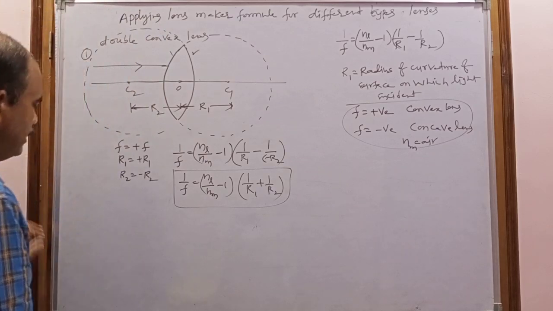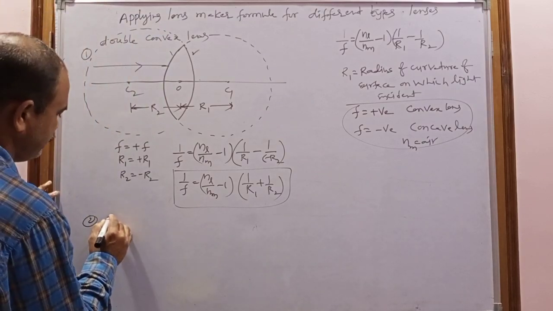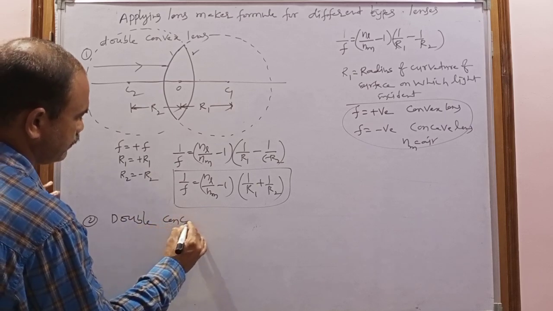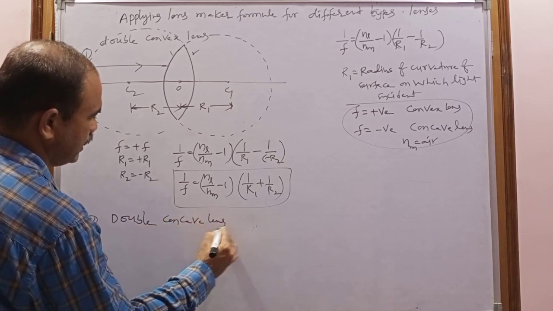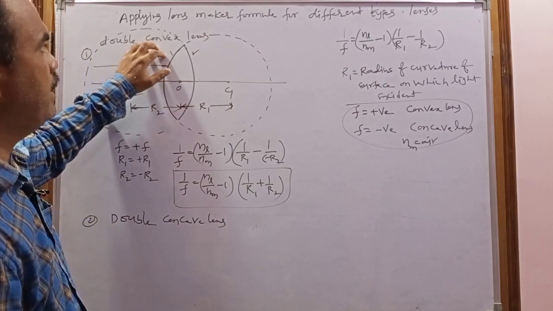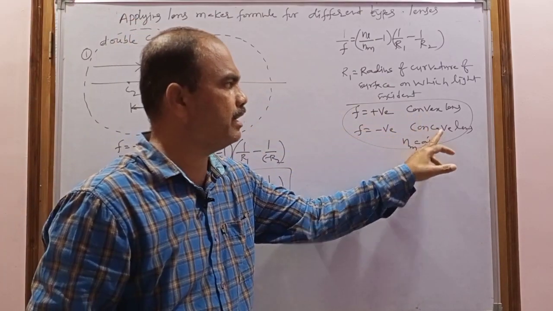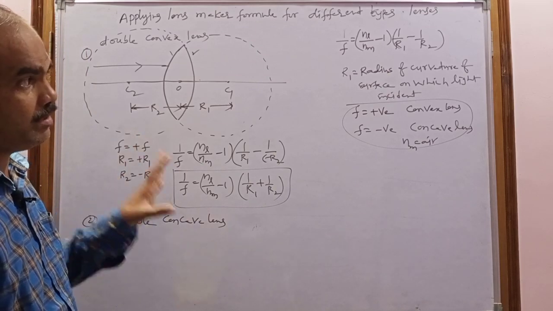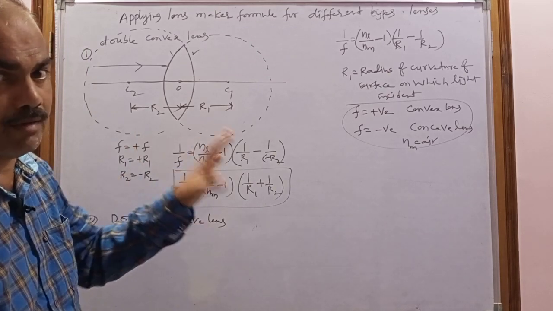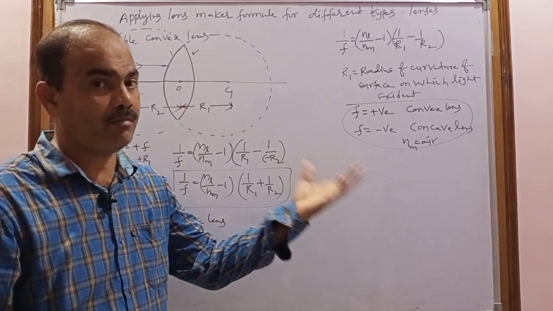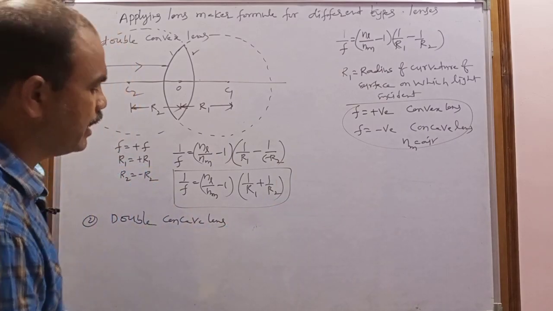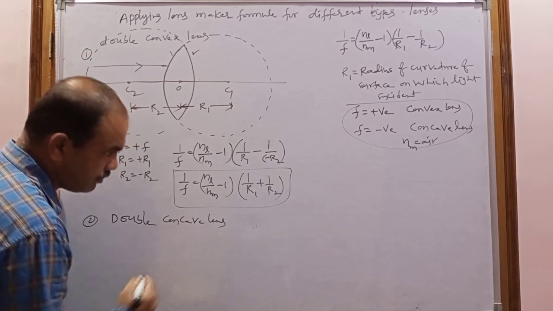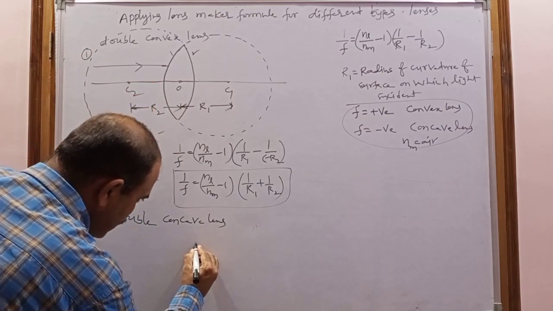And next, the double concave lens, or biconcave lens. Remember, a convex lens is also called a converging lens and a concave lens is also called a diverging lens. Sometimes in a problem they don't directly say convex lens; they will say the lens is a diverging lens or a converging lens. So let us consider this is a double concave lens.